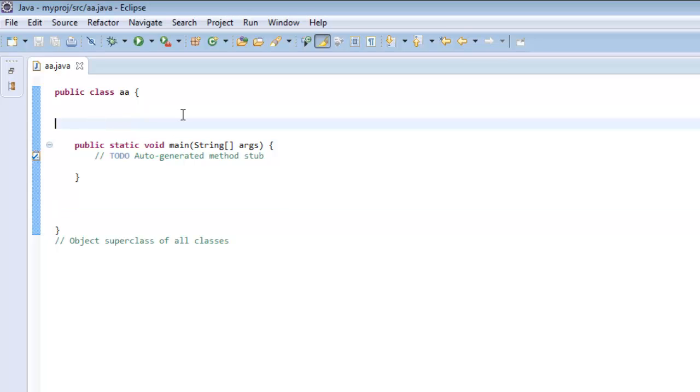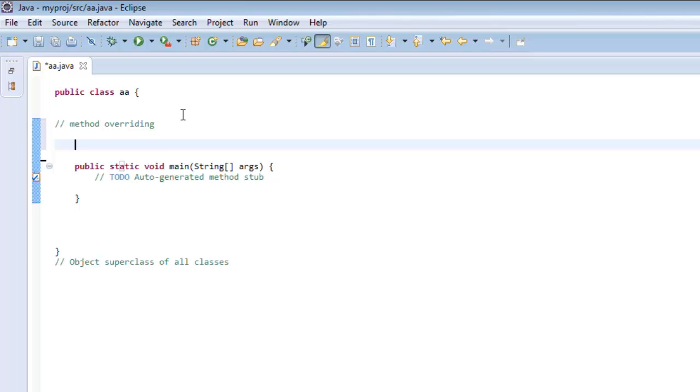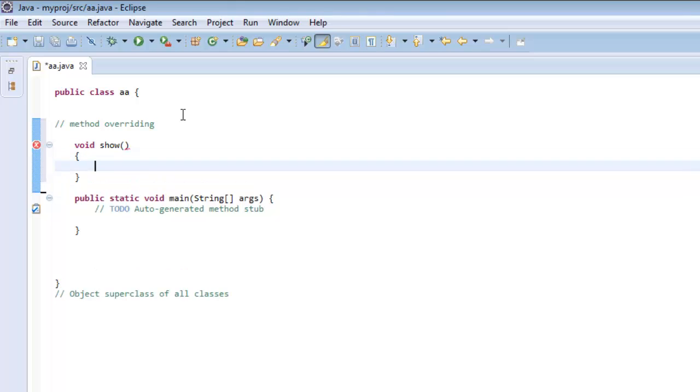Today our lecture concerns method overriding. We have already gone through method overloading. Now this is another extension of inheritance where we have a method declared in the superclass, say show, and we can write